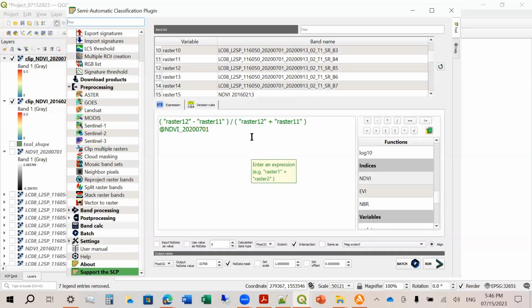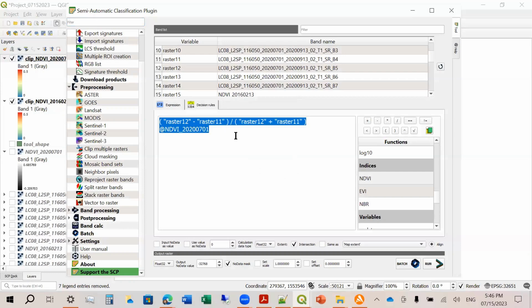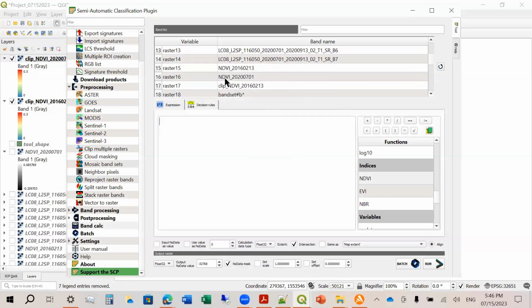Okay, so let me just delete this again. And I just want to make a difference between raster 16, that's 2020, and 2016. Okay, and then let me just put in a bracket here. And then I will name this differential NDVI between 2020 and 2016. Okay, and then I will click run.